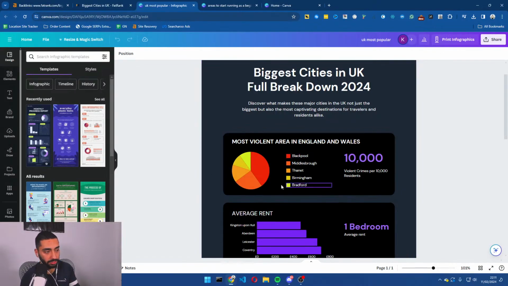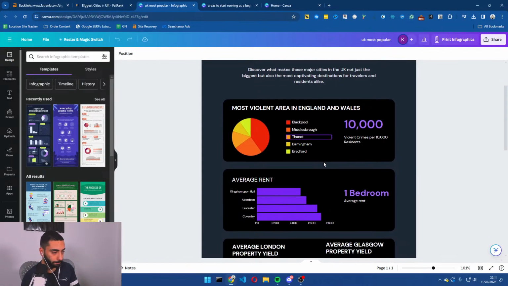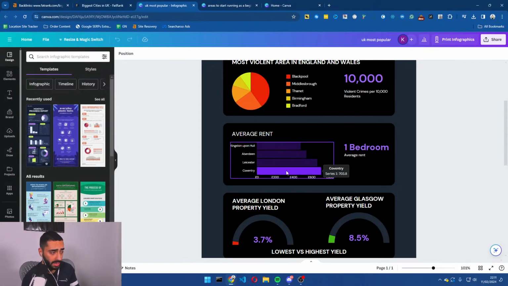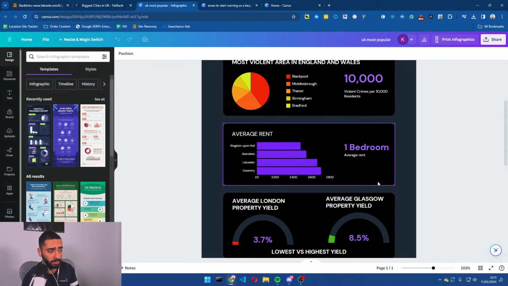So we essentially decided to categorize the most violent areas, because again, if you're renting a property or if you're going to buy a property to rent it, you don't want to be buying a property that is in a very violent area, right? Then we decided to do the average rent for a one bedroom. So Coventry was one of the highest, I believe, for a one bedroom.